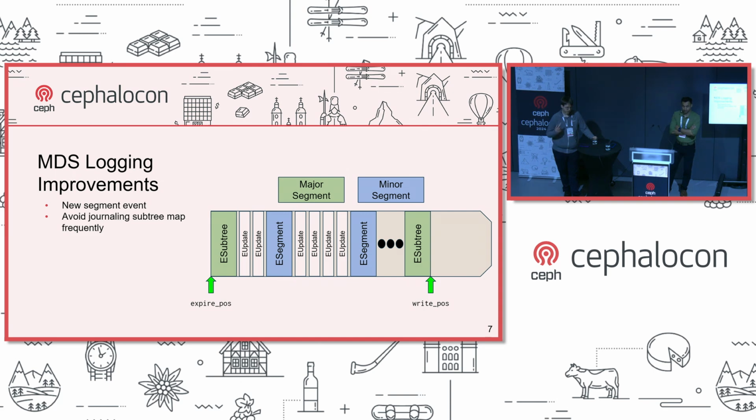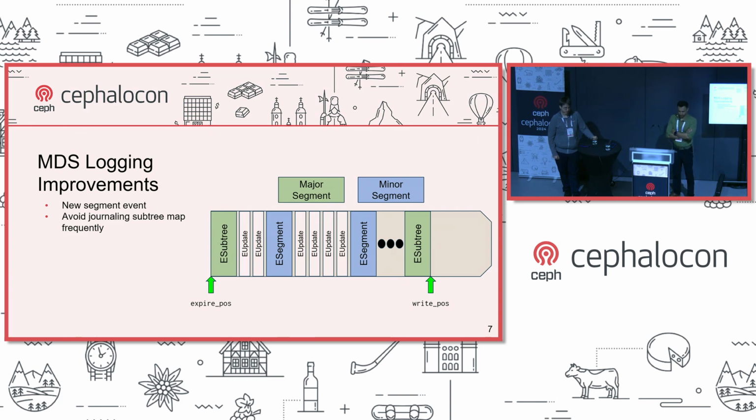And the frequency in which it writes the subtree map depends on the number of events it's doing and also the size of the segment. And when the subtree map gets really large, it dominates the size of the segment. So you don't write as many events, and you're writing the subtree map more frequently, it just gets worse and worse. So what I did last year was introduce a new segment type, eSegment, which is what we call a